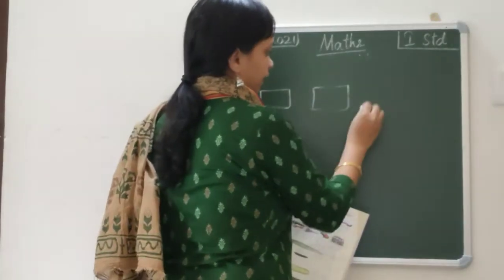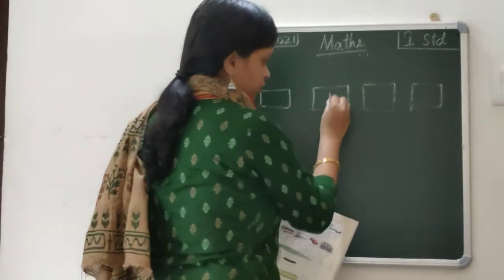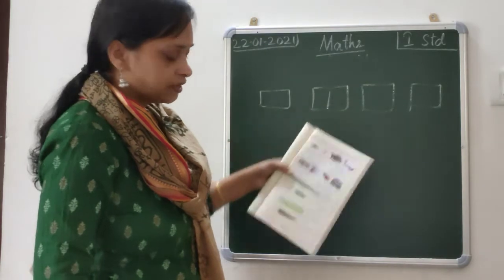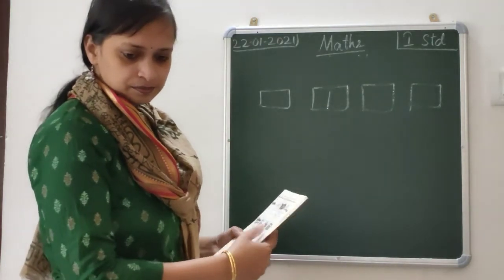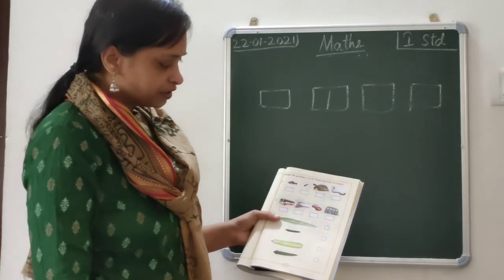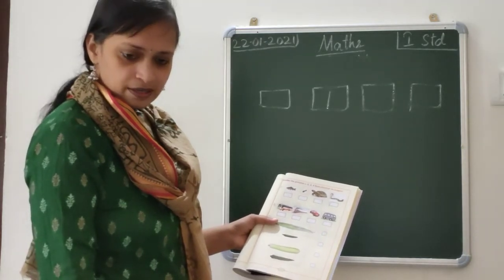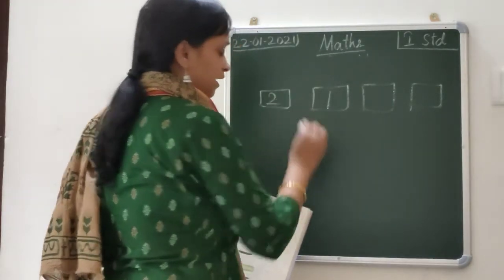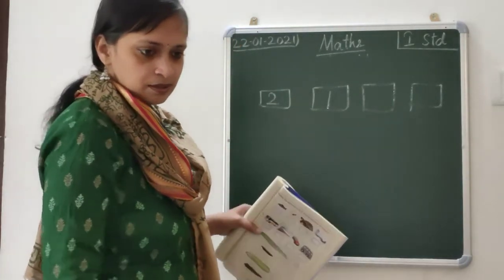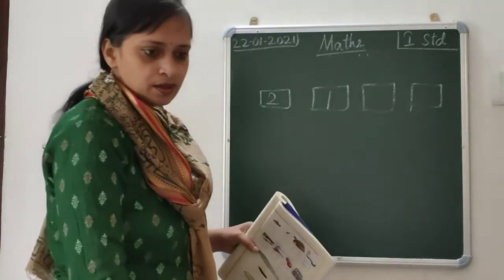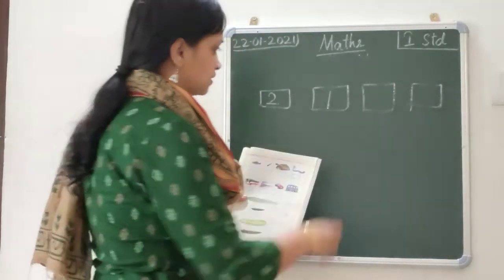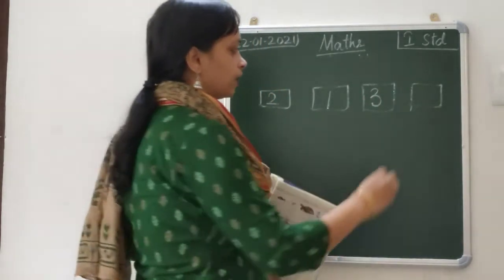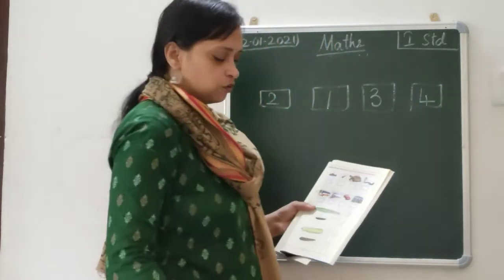Very good. That is the second picture. Under the second picture, write 1. Under ant, write 1. After ant, which is the second longest? Fish. Very good. So the first picture, write 2. Under fish, write 2. Third one is the tortoise. Very good. Write 3 under tortoise. And the last one, snake, is number 4.